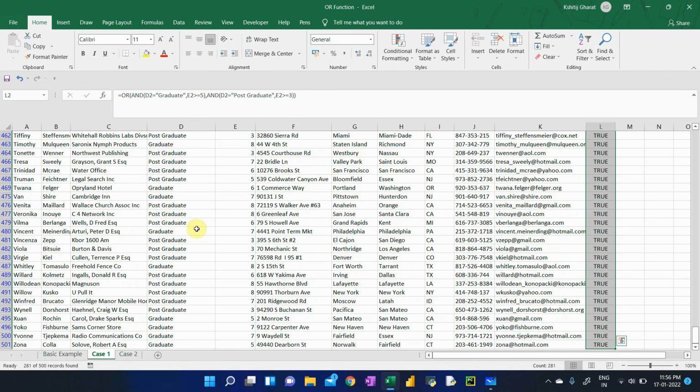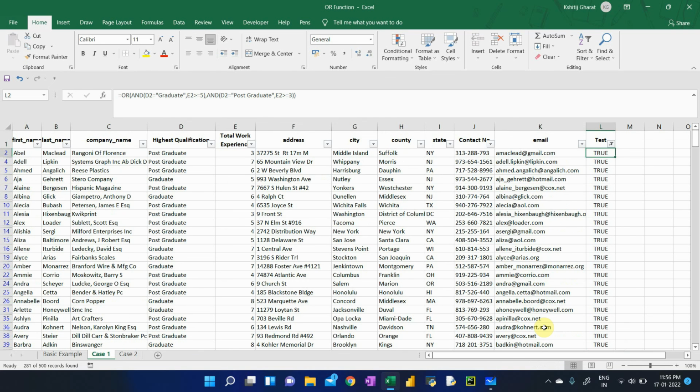And now if you see the count, I have 281 students in the first shortlist out of 500. So just by using the OR function along with the AND function, I was able to shortlist 281 candidates. Now one thing you need to note is that when a cell has a value which is text, you need to mention the condition in double quotes. And when it is a number, you need not mention double quotes. You can straight away define that E2 is more than or equal to 5. But when it is text, it has to be in double quotes.